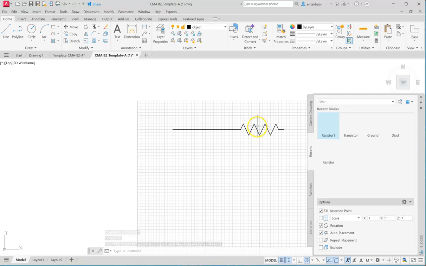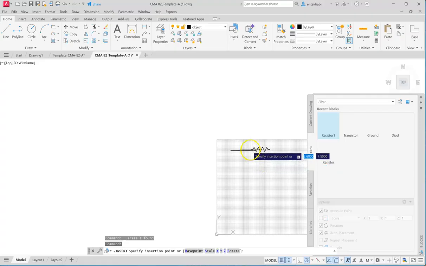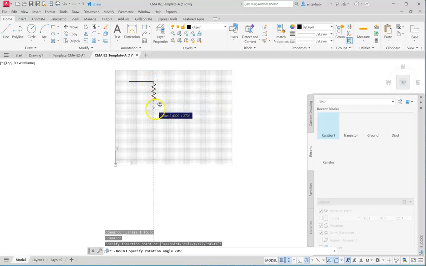Insertion point, that should be rotation. I didn't select that one. Let's just go ahead one more time. It should be rotated automatically, but let me see what the difference is here. That can be rotated manually too if you want to. Yeah, okay, that should have been checked before.